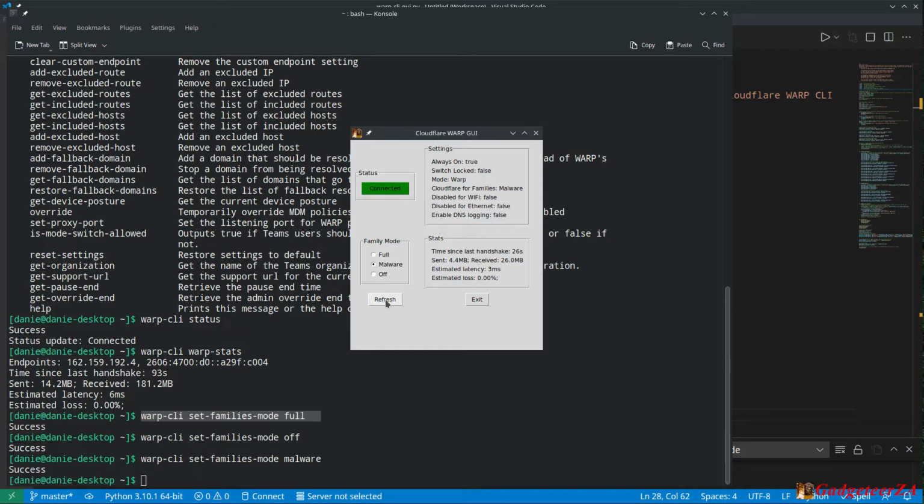The refresh is just refreshing the button status, the settings, and the stats. So if I click there, you can see it. If you watch over here, you'll see some of this information is actually refreshing as I click it. I must still decide whether I want to have it auto updating, but obviously that's going to have a little bit of an overhead on the traffic.